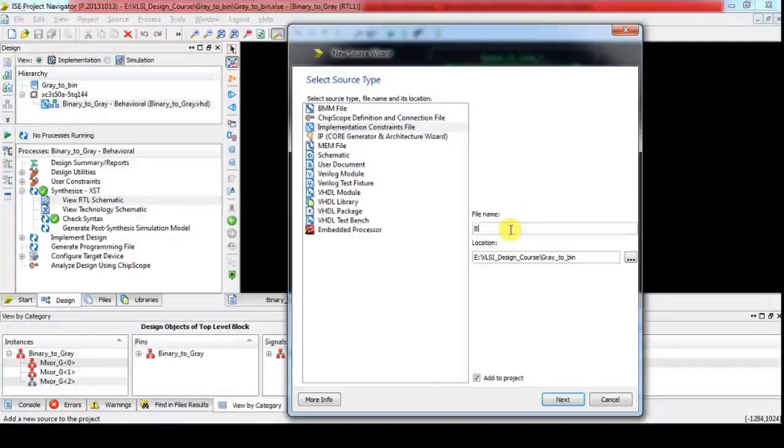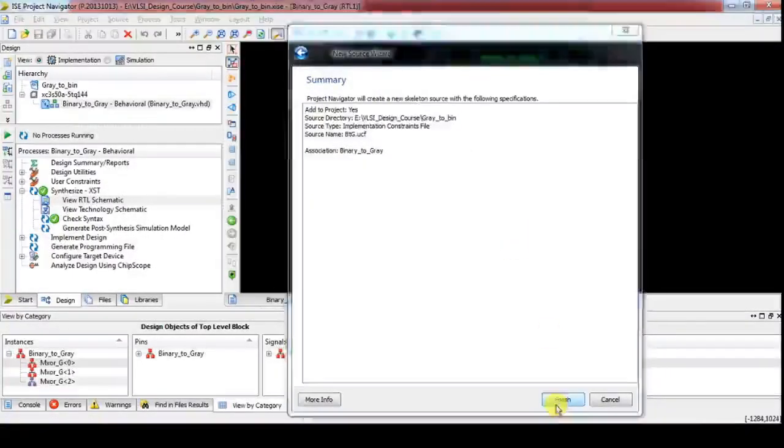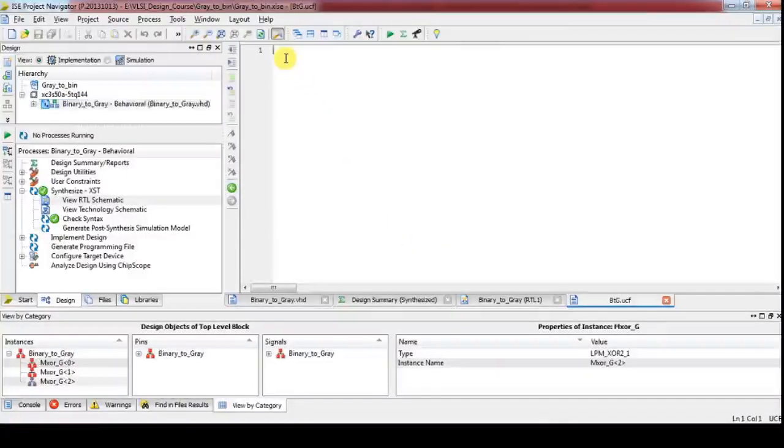This is binary to gray dot UCF. Now I think everyone is more aware of writing a UCF file, so let's quickly finish. The input B of 3, the binary MSB, we are going to assign to location P31.